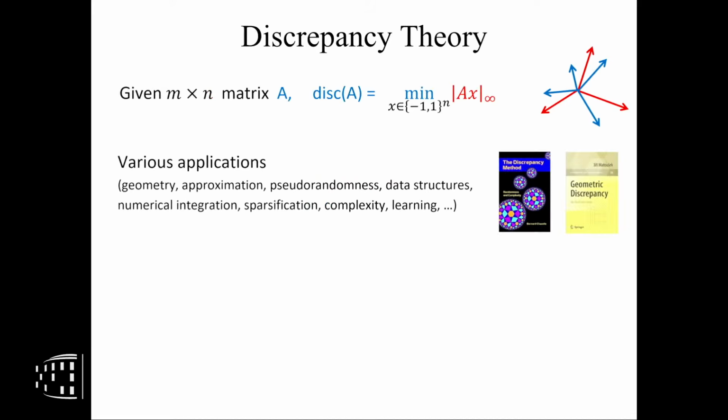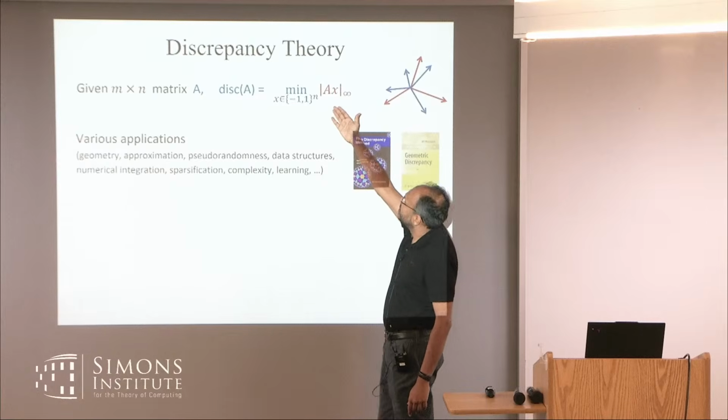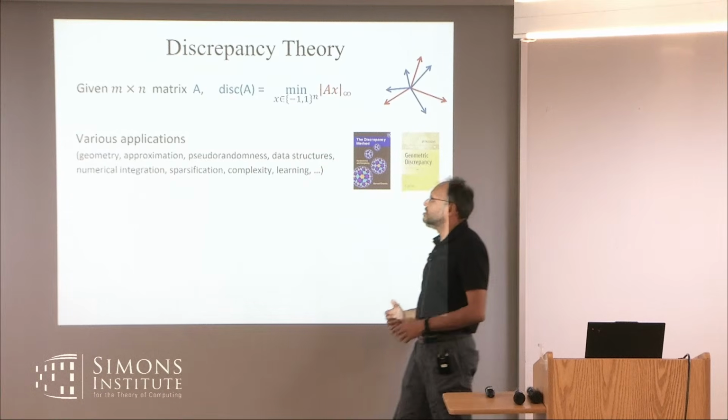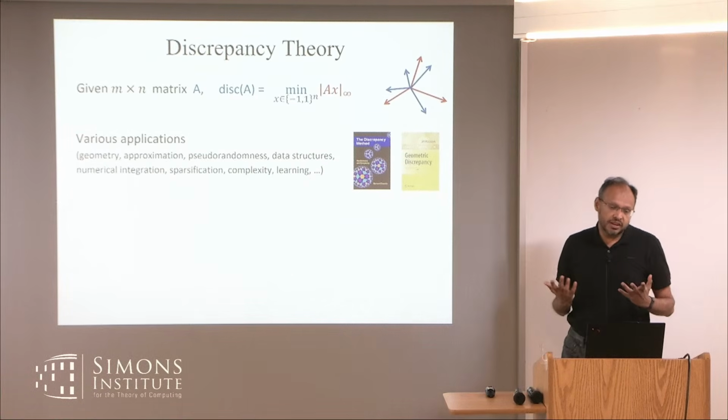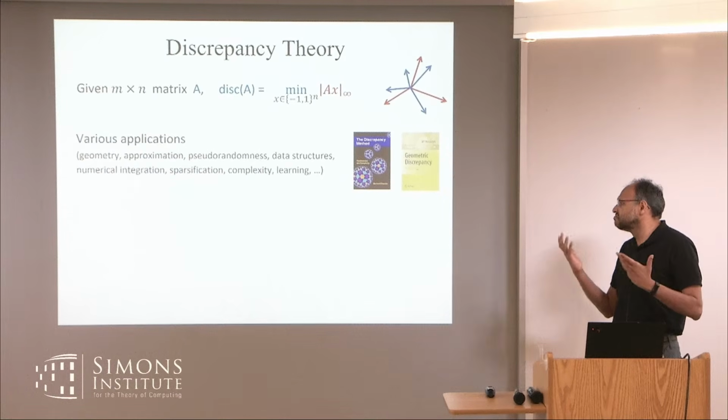Okay, and just a slightly broader context. So you might think, okay, it's maybe a tailored problem. Why do you want to break things in two parts? But there is this whole area of discrepancy. So you can look at any matrix A. Our Komlós setting is when the columns of matrix A are of unit length, but you can look at any matrix. And you can define this quantity called the discrepancy. And surprisingly, it's connected to a lot of things in often complicated ways.